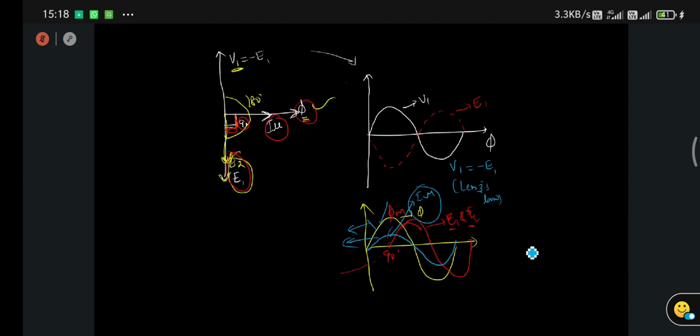Okay, that is what about here. The E1 opposes the change in applied voltage as in the case of a practical transformer. So finally, with this we got E1 equal to 4.44 f phi m N1, and E2 equal to 4.44 f phi m N2. These two.